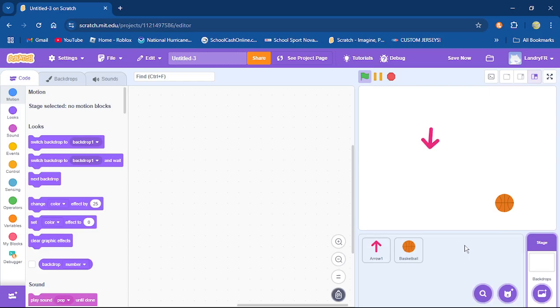So therefore, I don't see it as useful. If I can't move my backdrop around because I want to move it for whatever reason, then why am I going to use it in the first place? So it's easier to just make your own graphic, a gigantic one, and you can make your screen move around that based on positioning. So that's how they make RPGs in Scratch. That's how it's done.